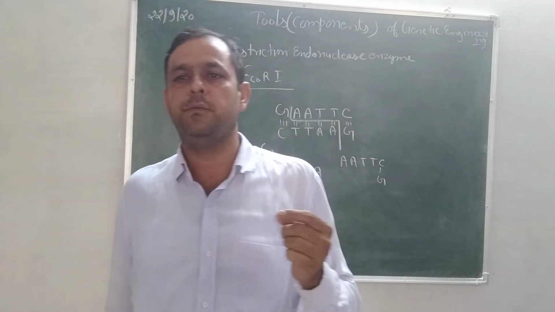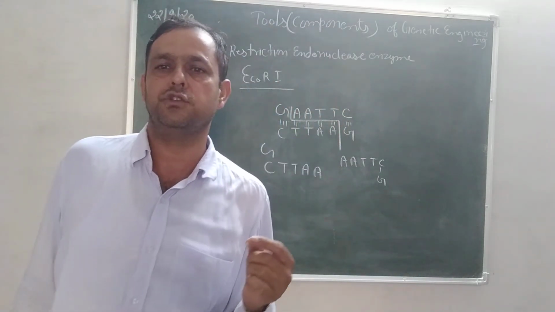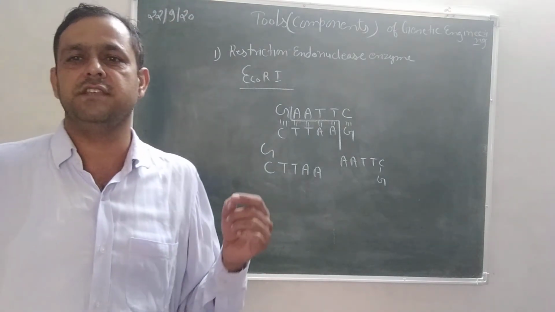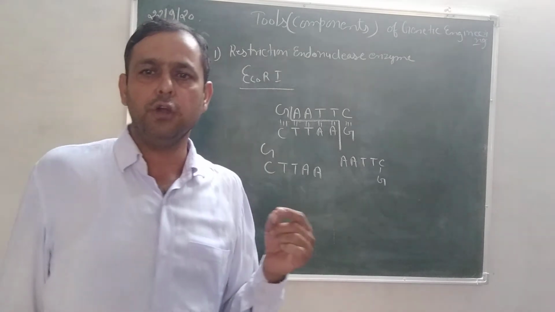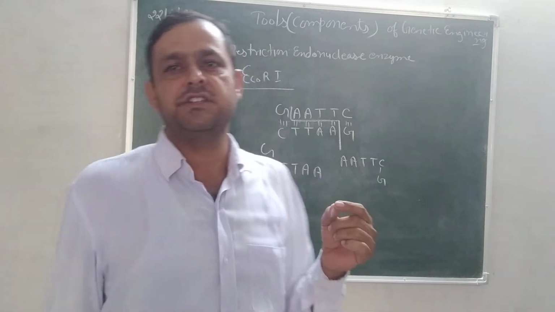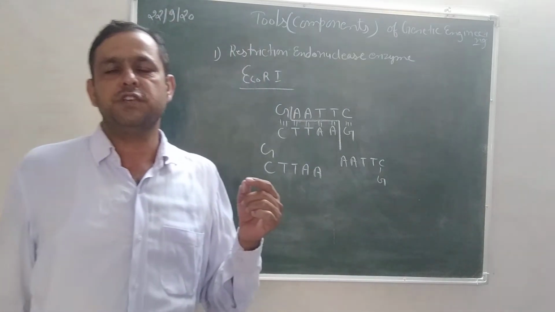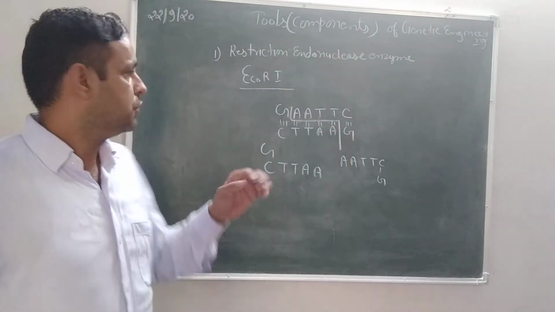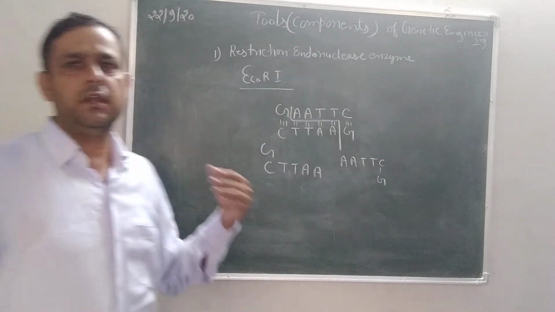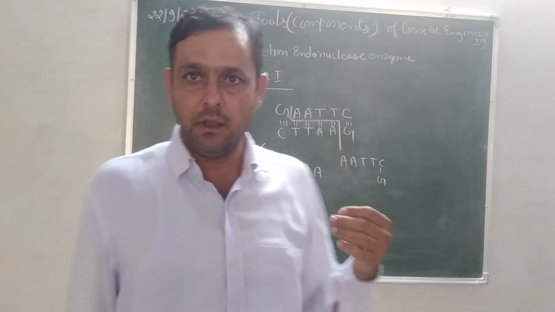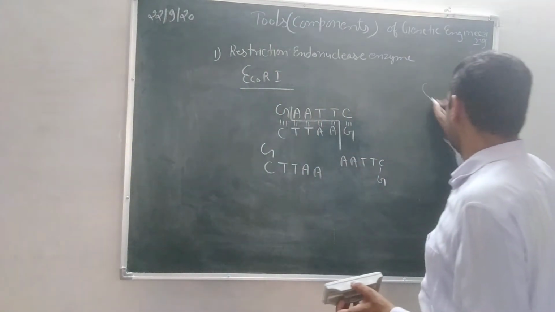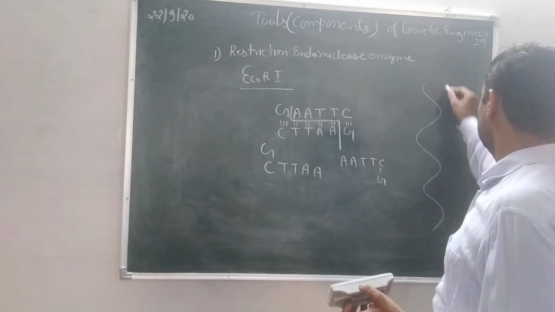Now if the DNA fragments obtained from different sources are mixed together in the presence of DNA ligase enzyme, then both DNA segments form a double stranded structure after forming phosphodiester bond. So this is the restriction endonuclease. And one another enzyme, exonuclease enzyme, which cuts the DNA. This is the structure of DNA.